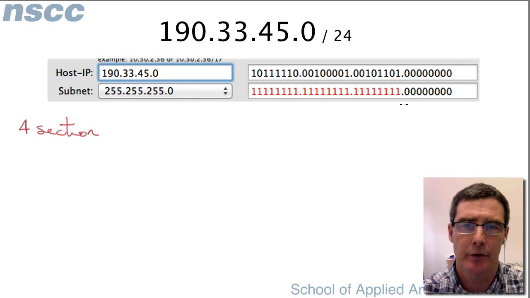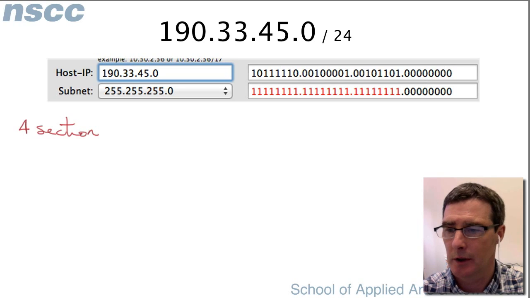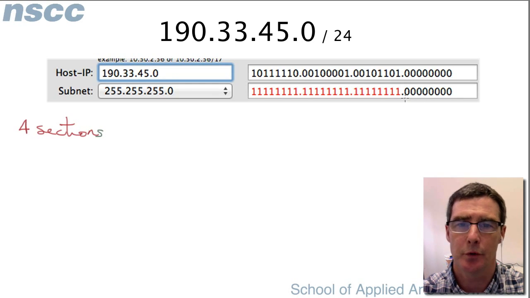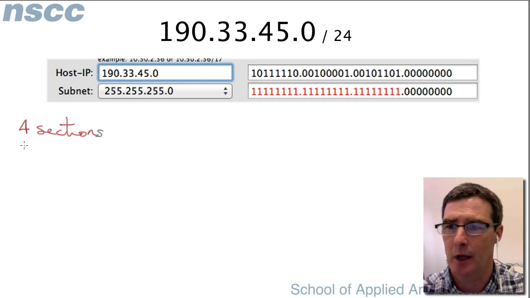Well, the answer is in looking at the host bits and seeing that we don't need all these host bits to be host bits. Maybe we can borrow a few to set up smaller networks. And so what we're going to do is borrow enough bits to give us 4 sections. Well, how many bits do we need? In binary, if we count to 4, we go 0 0, 0 1, 1 0, 1 1. And we see that we need 2 binary bits to number 4